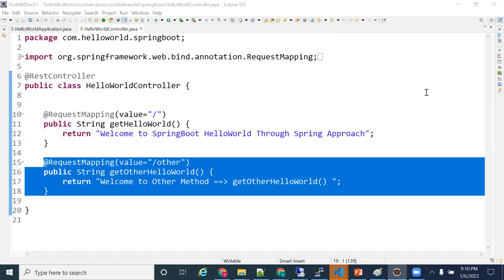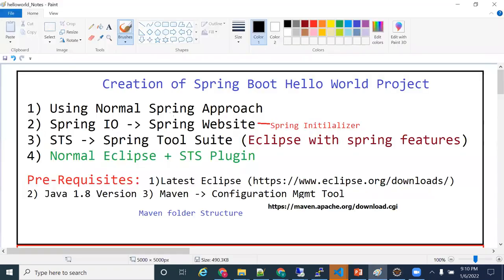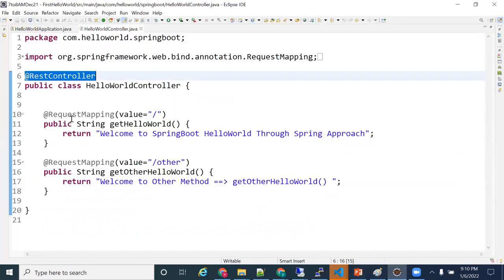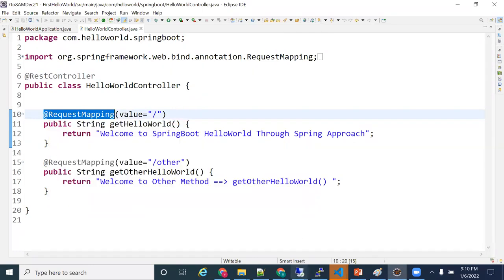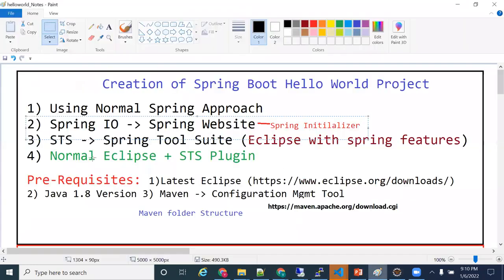Okay, that's fine. If everyone is comfortable, I'm going to the next point here. What is my next point? I want the second approach. Before I proceed further, what is RestController? What is request mapping? I will explain this; that is my next strategy. But before that, I want to explain the Hello World project only, right? That is where I'm focusing